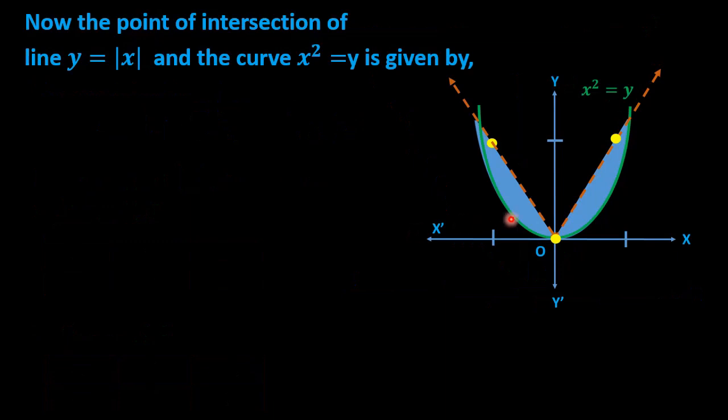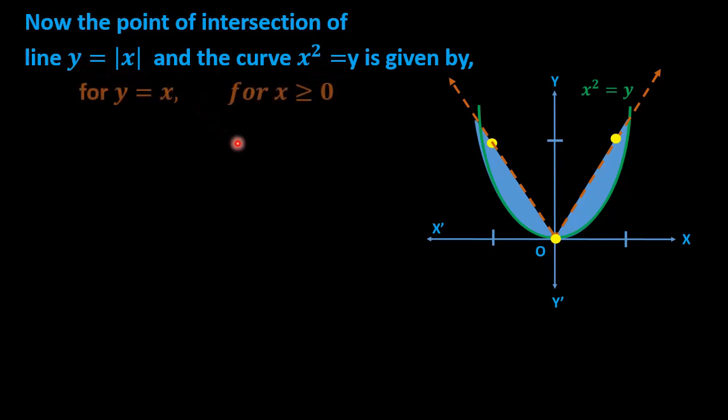So from the figure itself, we came to know that these two regions have the same area, and to find the total area, we need to calculate the area of any one of the regions, and we multiply by 2 to get the total area. So before finding the area, we need to find this intersecting point where the parabola and this line intersect here. So in order to find this point, we need to solve the parabola equation and the straight line equation.